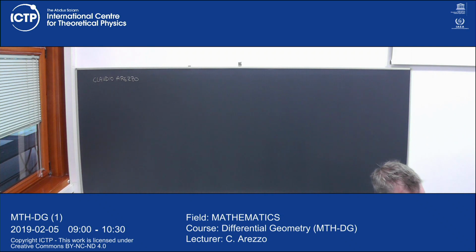In geometry, we grow by difficulty, and difficulty typically, not always, but typically means dimension. So lower dimension is supposed to be easier than higher dimension. This is not even always true, depending on the problem. And actually you don't even know what dimension is. Even the definition of dimension for a topological space is quite subtle. But intuitively, a point should be something of dimension 0, a curve of dimension 1, and a surface of dimension 2, and then you build on this. So the first thing is, what is really a curve?